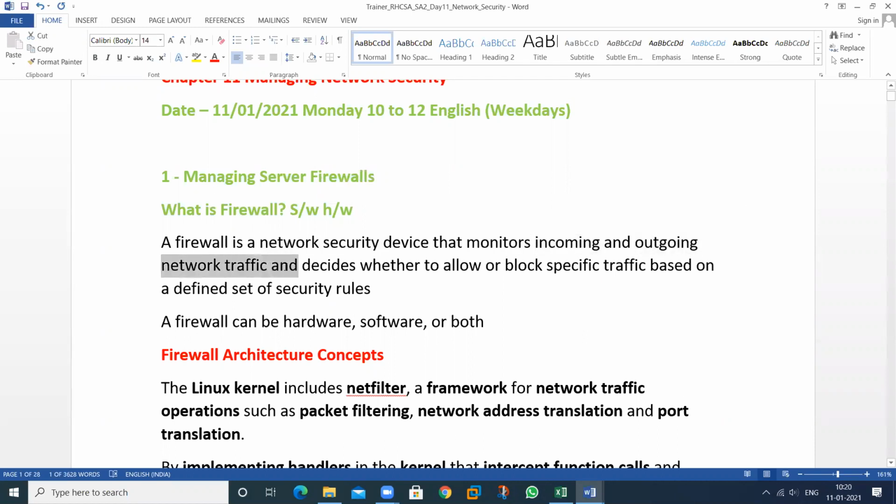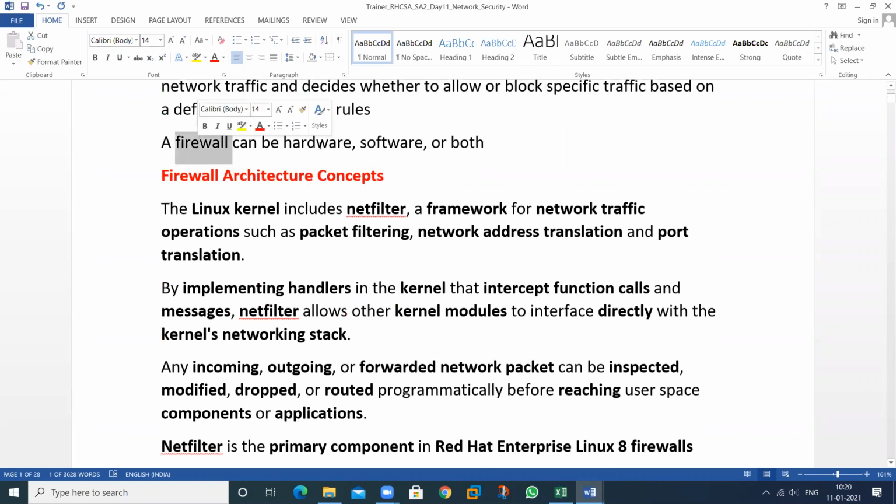All types of packets you can filter. By using this firewall, we can decide which packet is going outside and which is incoming. You can allow this and you can block this particular traffic, whether incoming or outgoing. So the firewall can be hardware and it can be software.